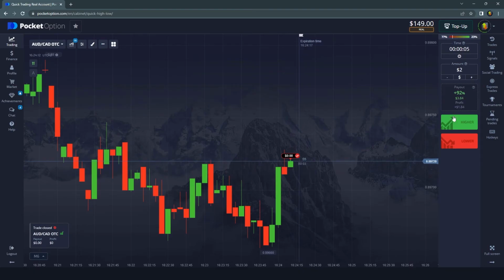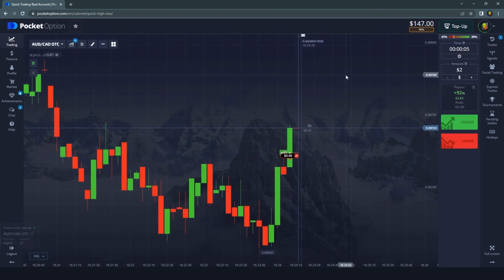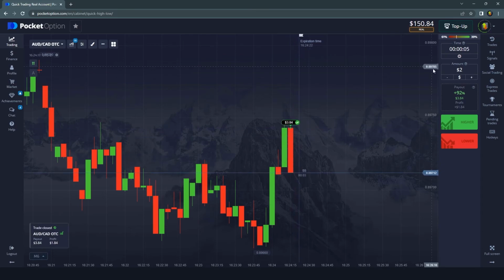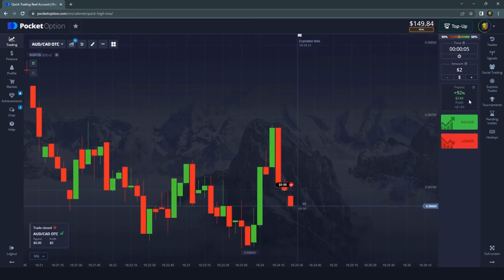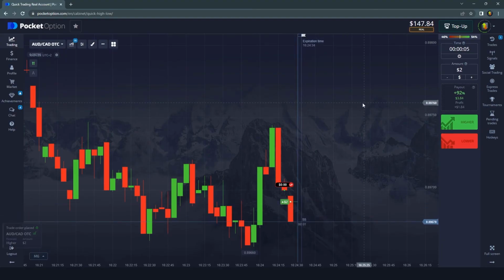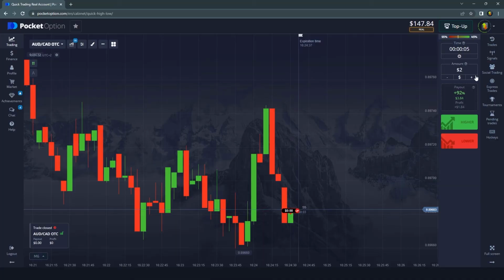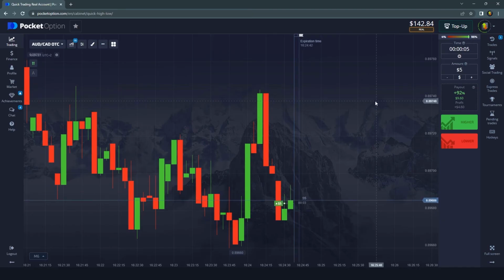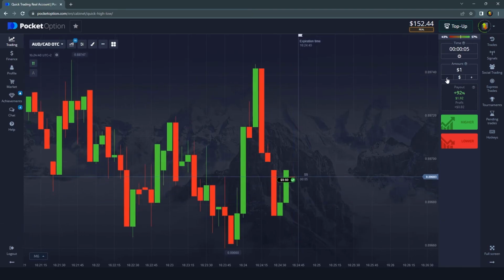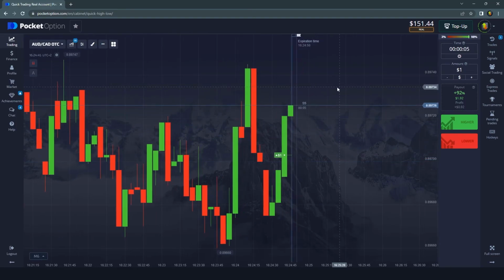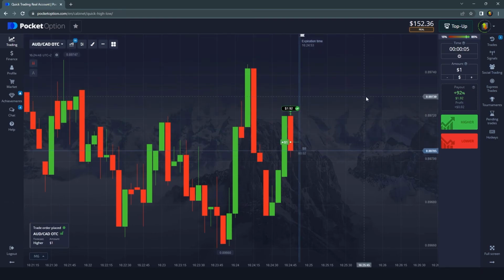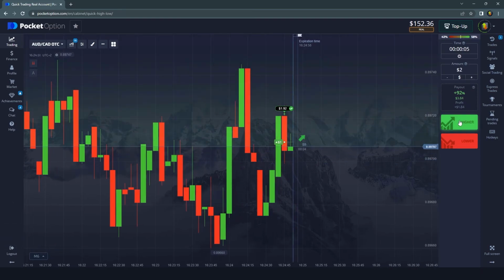The trade lost, so set the risk amount to 2 and place a trade again. The trade won, so we can go back to $1. Lost, go up to 5. Losing streak ended, go back to 1. The trade won, so keep risk at $1. It will become automatic after a while.